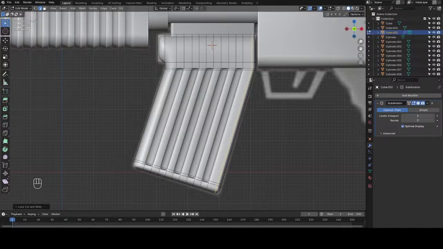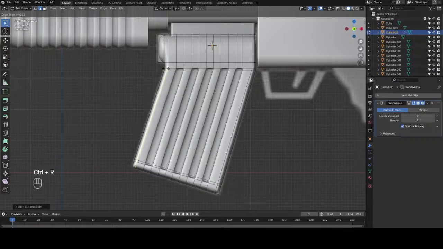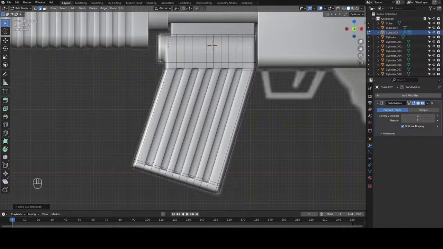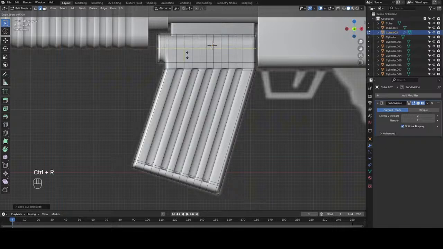Then add another one here, move it like so. Add another one here, move it like so. Then another loop cut here,